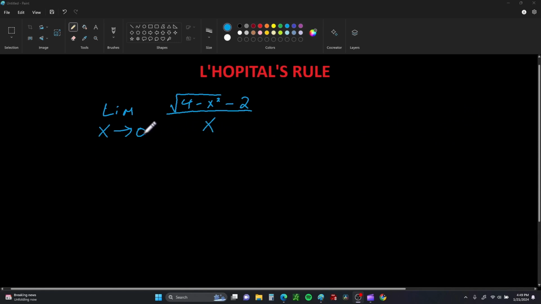So in this practice problem, when x approaches 0, this here is going to approach 0. So I'd have the square root of 4, which is 2, and 2 minus 2 would give me a 0 in the top. And then as x approaches 0, the denominator would also become a 0. So I have the indeterminate form of 0 over 0. So applying L'Hopital's rule, what we're going to do now is